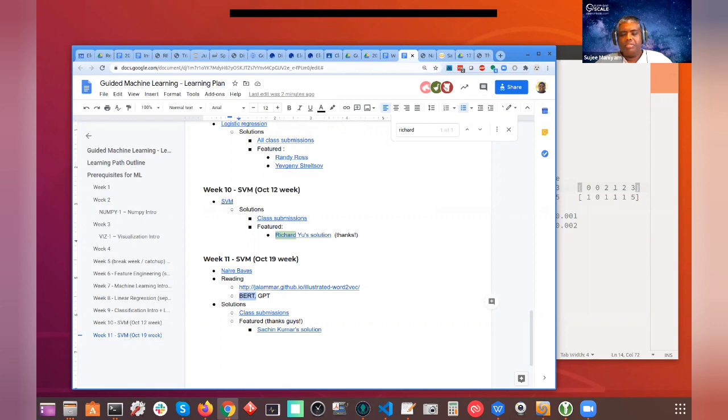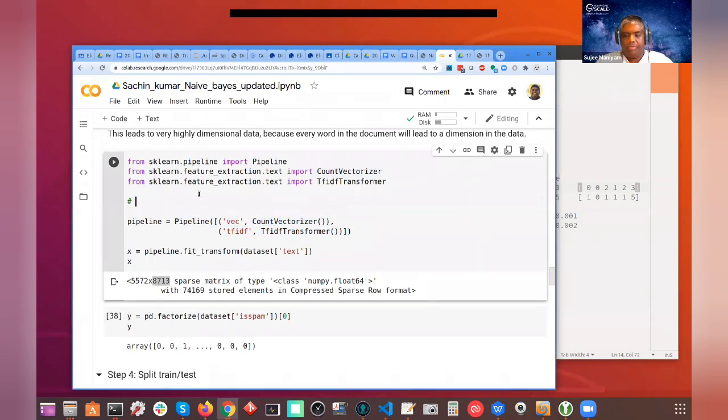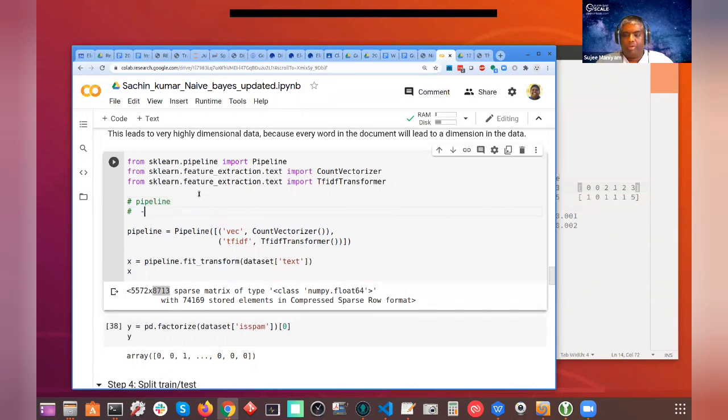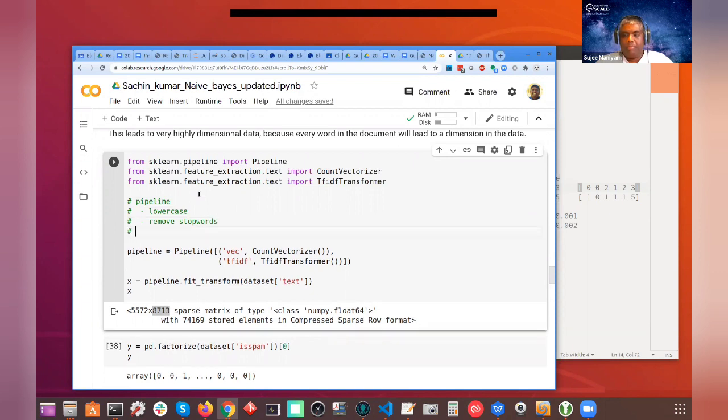All right, guys. The question was: is there a way to remove the most common words in the text? You can. Remember, in this pipeline my first stage is the count vectorizer. My pipeline could have done something like lowercasing everything, removing stop words, and then removing numbers and punctuation.